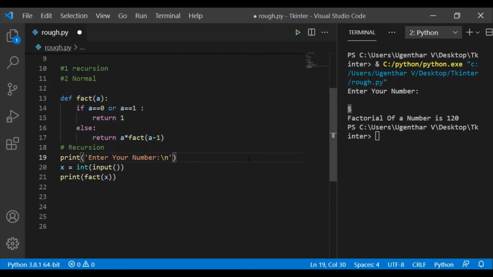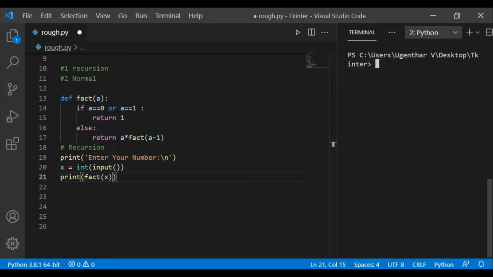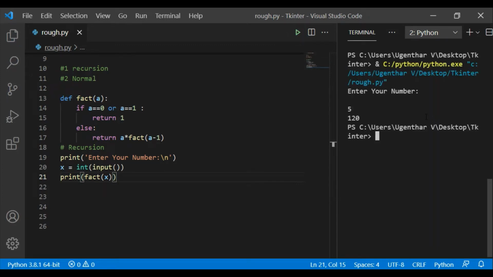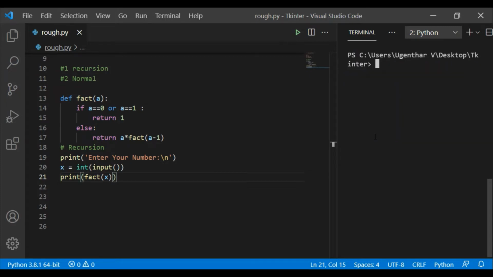Better you use recursion to find factorial, because in most interviews they will be asking recursion to solve this problem. So better use recursion. Let me run this code. First I will be giving 5 as the input. Now the factorial of 5 is 120. We are getting the same output only. That means our code works fine. Let me clear, and let me explain how this works.